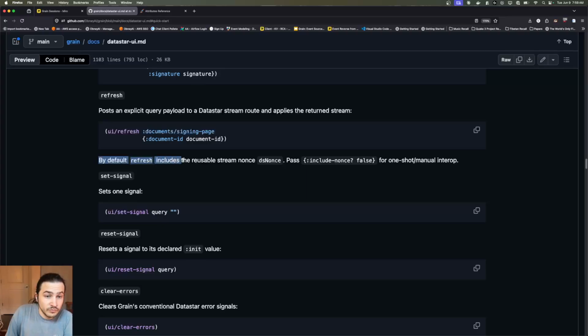By default, refresh includes the reusable stream nonce. So that's another thing I forgot to mention earlier. The nonce handling is done for you. You used to have to be aware of that as the developer. What this does is it allows stream reuse. So say I'm connected as a user to the application from my browser. I have an open SSE stream. When I send a new query to the backend,